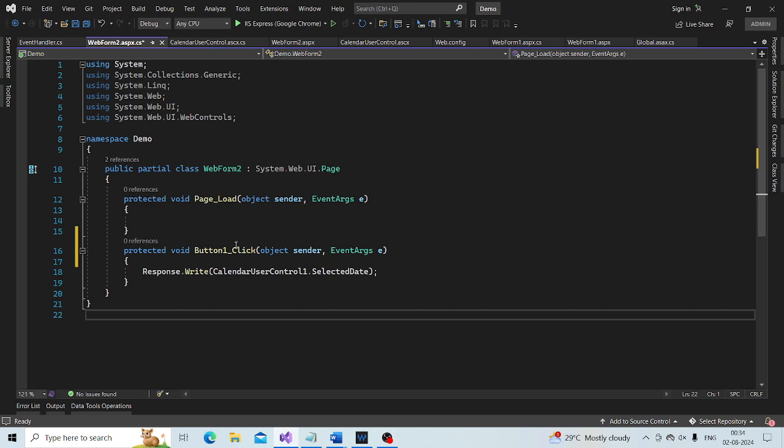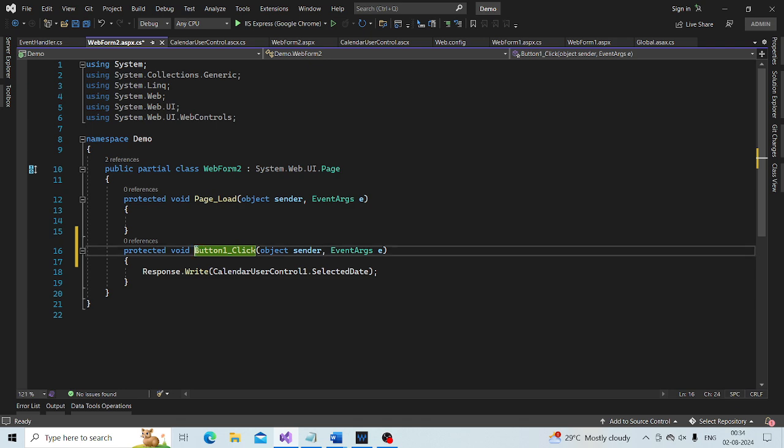When I click this button control, this method, button1_Click, gets called, and then we are printing the selected date within the calendar user control.